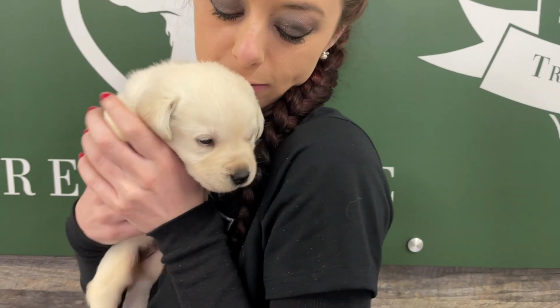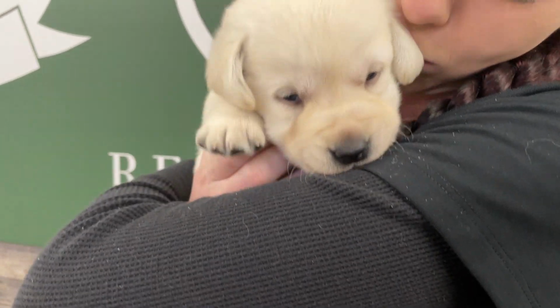Size-wise, his mom is 50 pounds. His dad is 77 pounds. So my best guess is he'll be 75 to maybe 80 pounds, 70 to 80 pounds. And so he's gonna be a good sized boy. Beautiful blocky head. Now he's able to go home after graduating either Puppy Academy, which is training till 12 weeks of age,